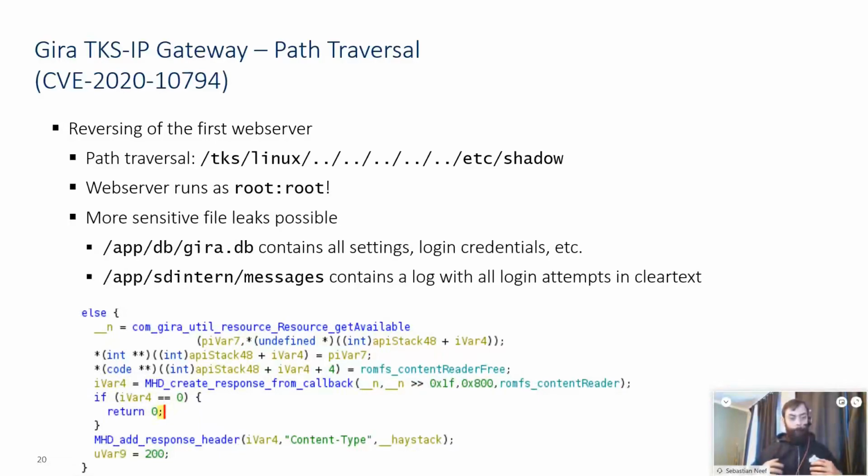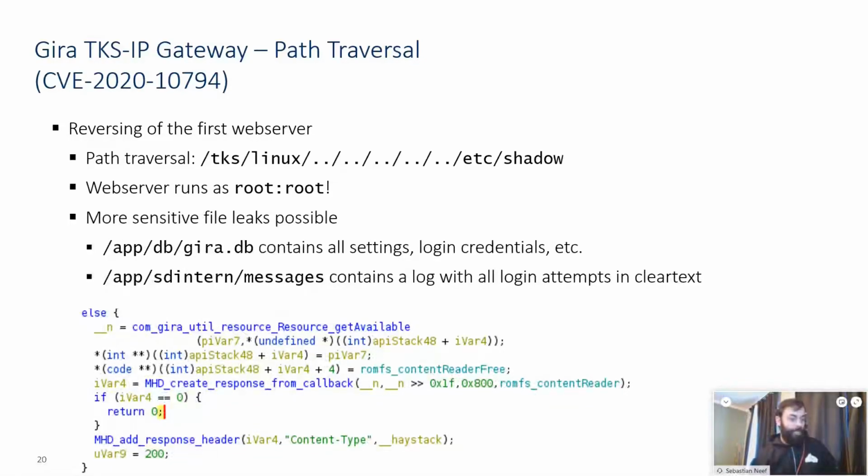And it had a little bit more functionality, like displaying an about page about the developers or allowing you to download some configuration, example or static files from the device. And this download functionality had a path traversal issue, because it would take the path from the URL and use that as a suffix to the /tks/linux path on the device.